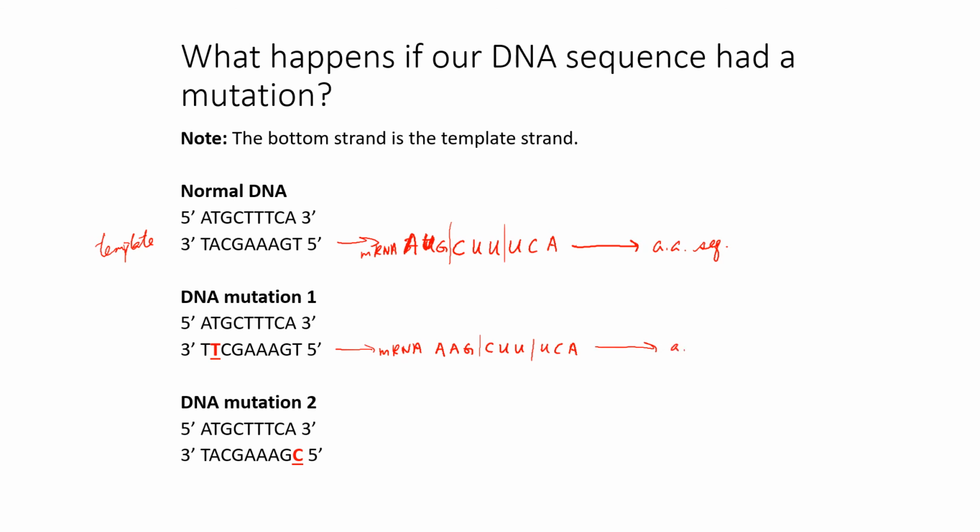Use that table and make that amino acid sequence. Okay. And I want you to classify if the resulting mutation is silent, missense, or nonsense. Okay. So in this final example, our mRNA will read